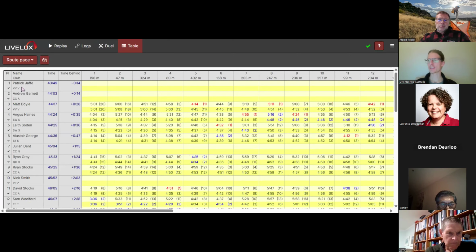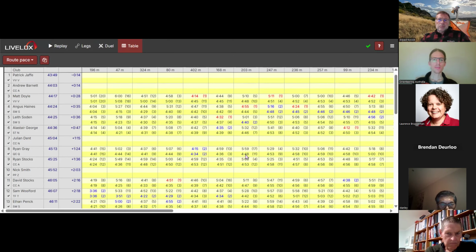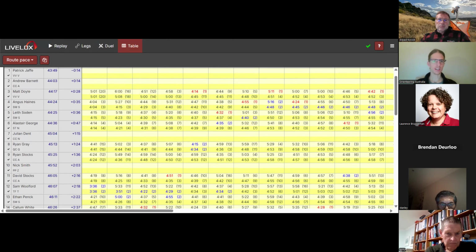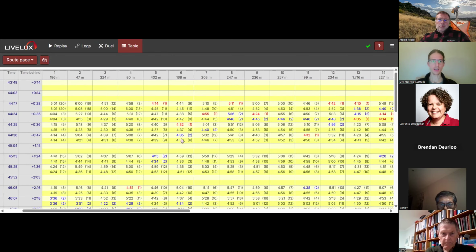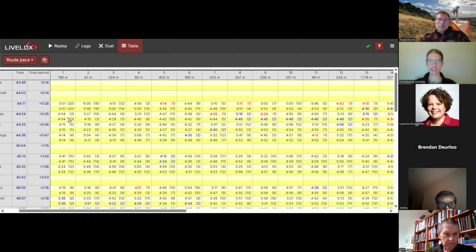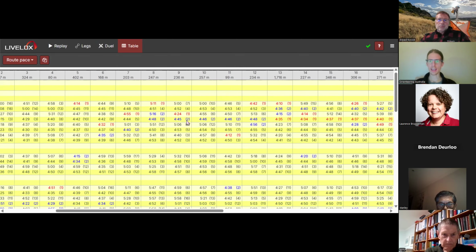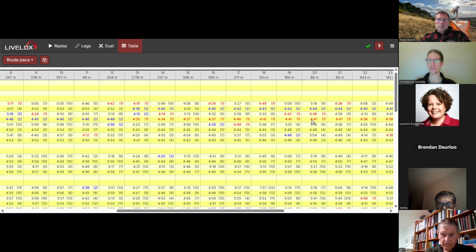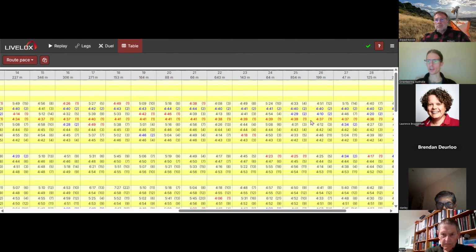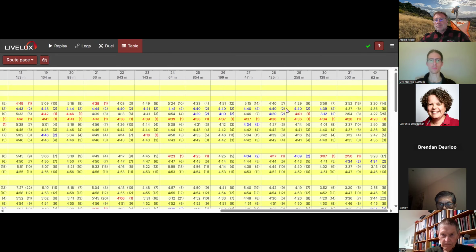The third option is route pace. And this can be interesting to see, to gain insights, particularly if you're a coach looking at how your competitor's fitness is going. Like, for example, let's have a look here at Angus Haynes. We can see at the end of the race, his pace ended up being ranked first, and then it goes all the way through. Matt wasn't too bad as well, but it shows me that he's got a great level of fitness, that he was able to keep up a strong pace all the way through to the end.